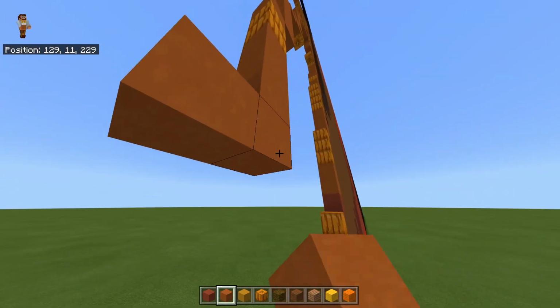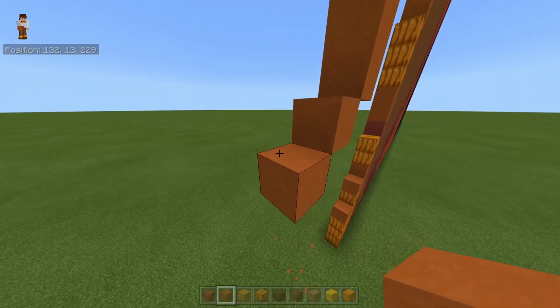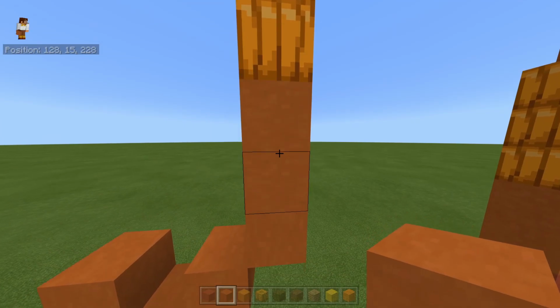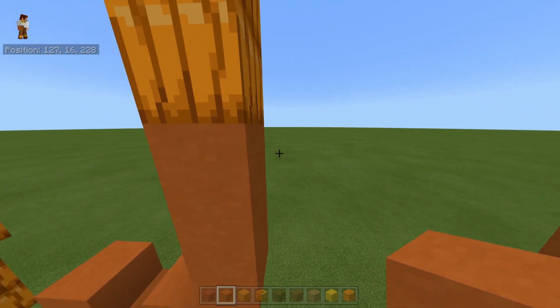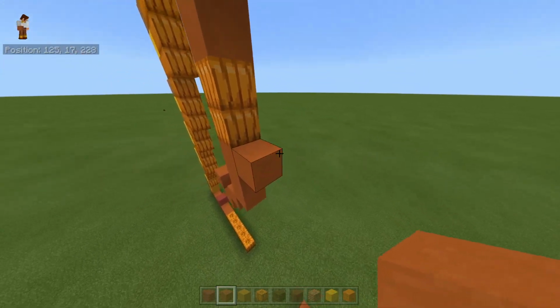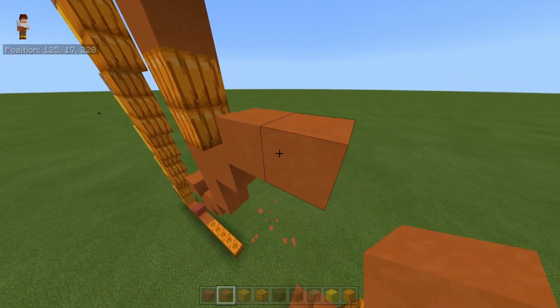Then place 2 blocks going diagonally down to the left, and then 1 block going diagonally up to the left. Go back to these 3 we had going down with your orange terracotta here. From the top block on the right, you can place 1 block, and then place 2 blocks going across on the upper level to the right,